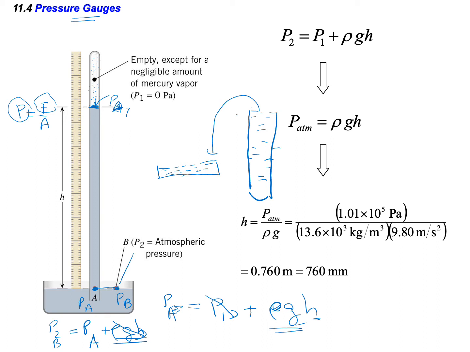Pressure at B is basically atmospheric pressure. So pressure at B, which is atmospheric pressure, is equal to pressure at A, and pressure at A is rho GH. So atmospheric pressure, the pressure here from the atmosphere, the air molecules, is the same as rho GH. So if you use mercury, you have to use 760 millimeters, which is a 76 centimeter tall tube or mercury column, to balance the force acting on the outer surface from the air molecules in the atmosphere,